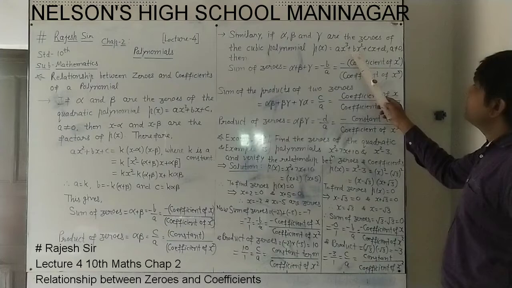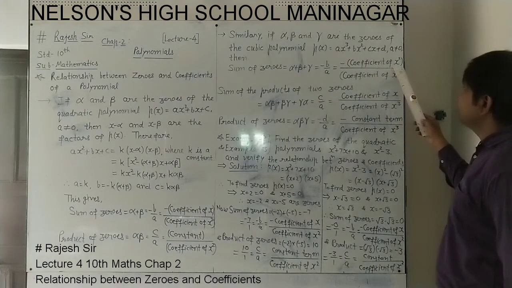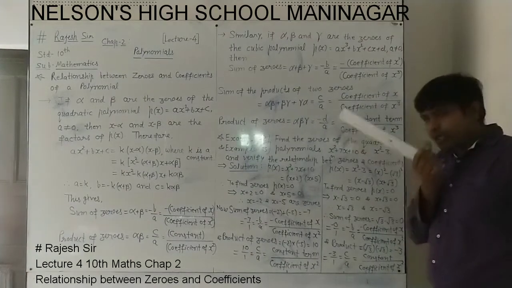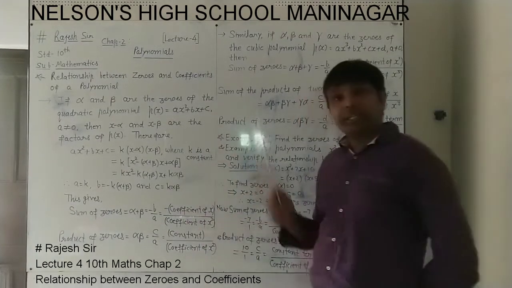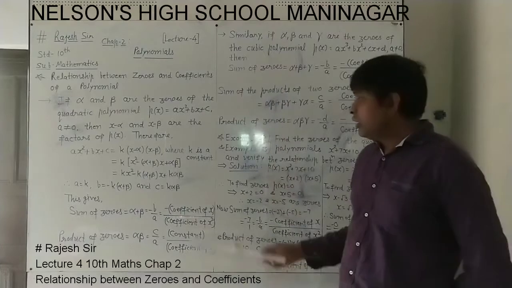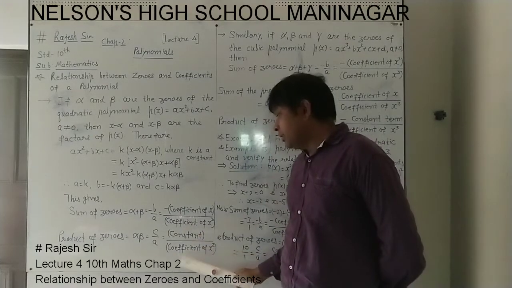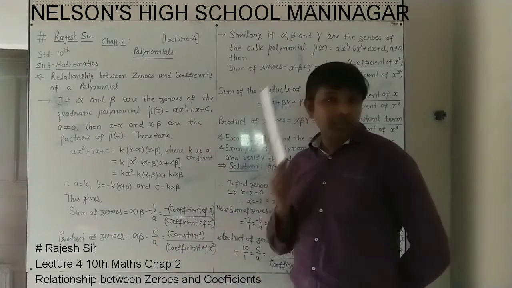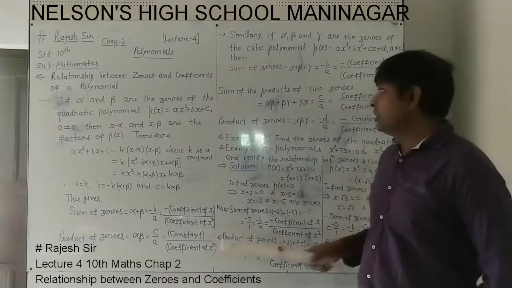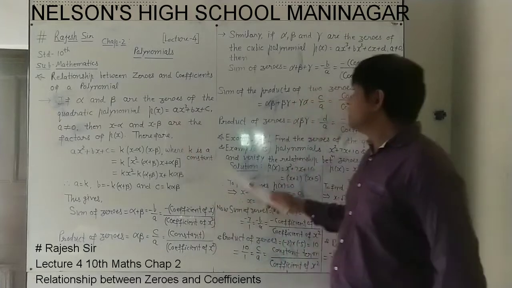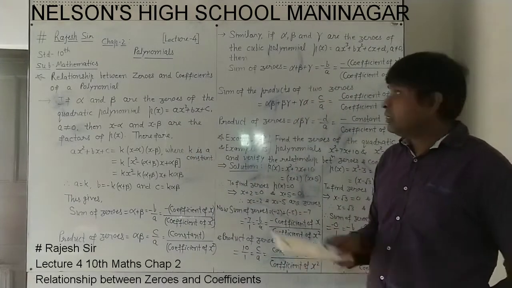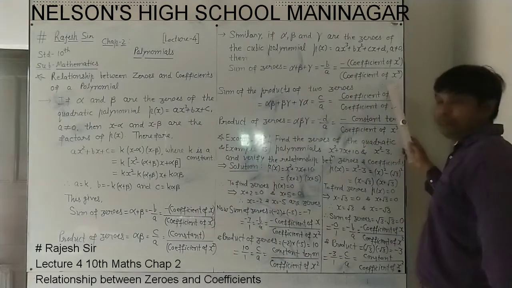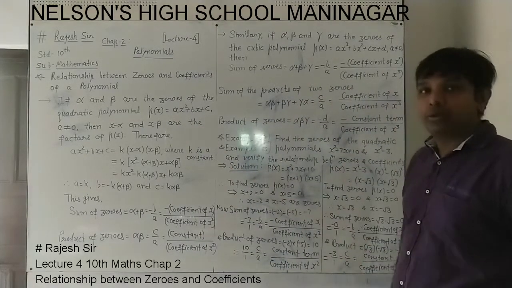What is b? It is the coefficient of x square. So here the coefficient of x square we have written. What is a? It is the coefficient of x cube. One thing is common here always, in linear, in quadratic, in cubic: every time in the denominator there will be the coefficient of the first term, that we can say always a. In linear it is the coefficient of x. In quadratic a is the coefficient of x square. In cubic a is the coefficient of x cube. So always a will be down.